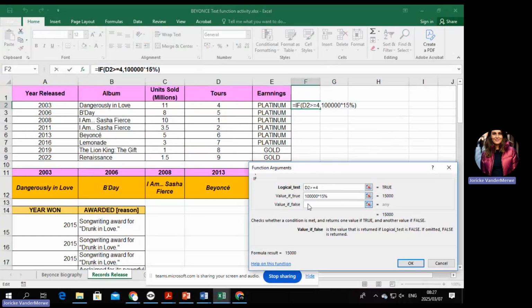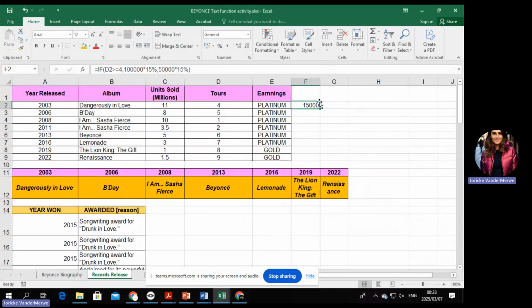Otherwise, if not, she only gets 50,000 times 15%. Okay, so this is just to show you that. So in this case, she's going to get the 100,000 because she did more than 4 tours. If you go down, you will see only for these two, it will mean that it's going to be half of that because of the function. Okay, so I'm going to just stop the recording there, and then I will share it with you shortly.